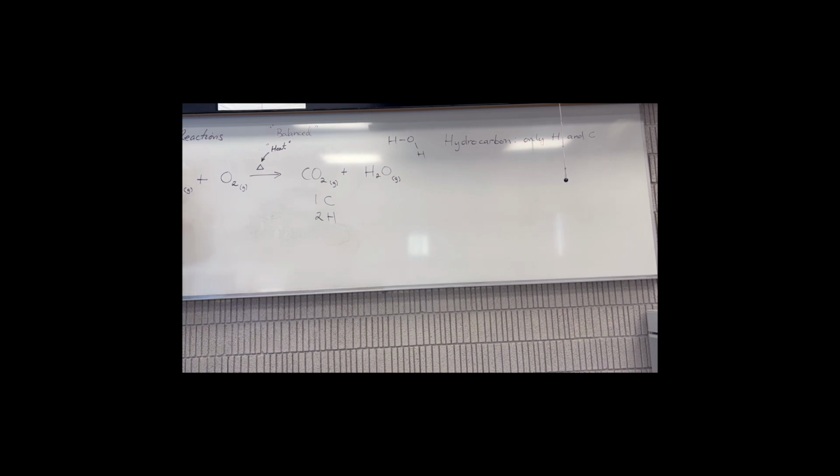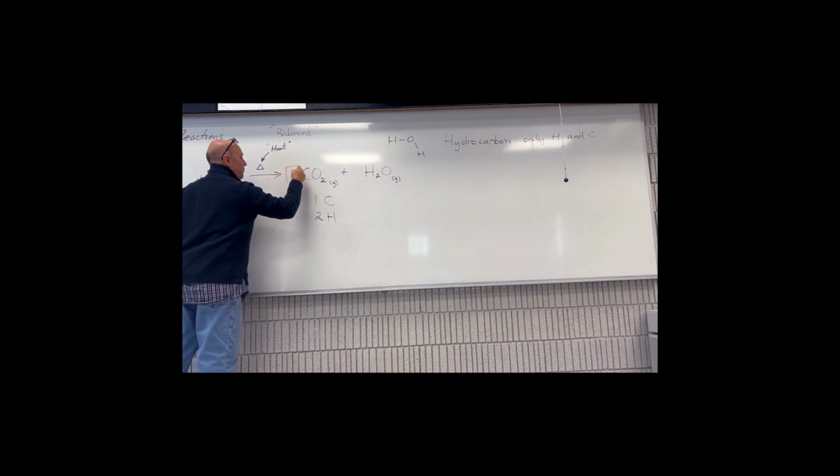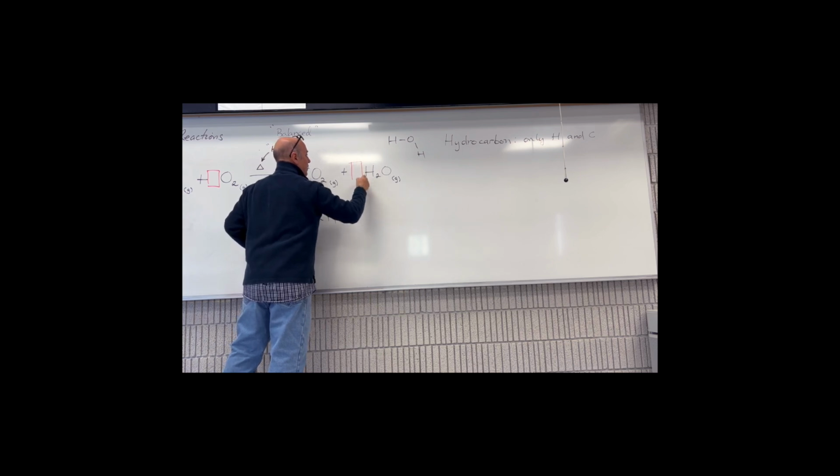What we did with the hydrogen peroxide, with the previous example, and that is put numbers. Let me put a box in a different color here. I think I have a different color. We can only add what are known as coefficients. We can put a number in front of the chemical formulas of everything involved here. When we do that, all we are saying is